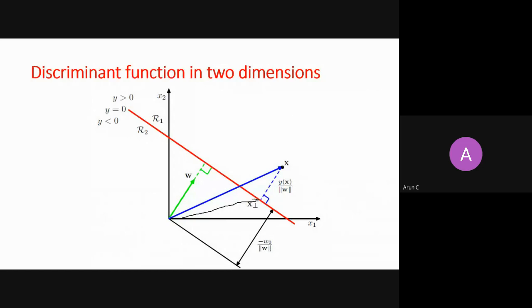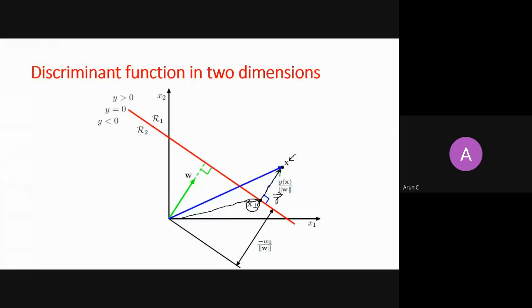X orthogonal is nothing but a point projection of x on a hyperplane. Projection of this x on a hyperplane, right? So this is x orthogonal. So this is one vector. The other vector is this vector, which let's say I call the r vector,